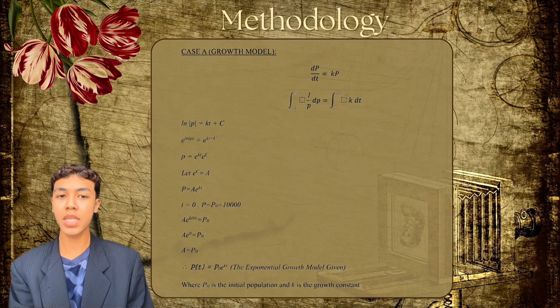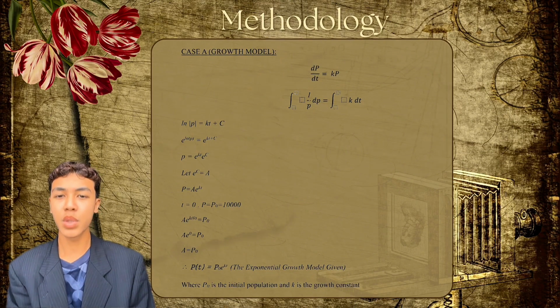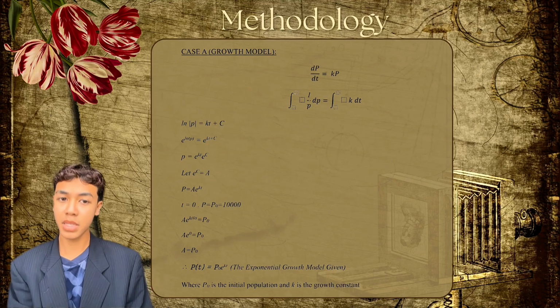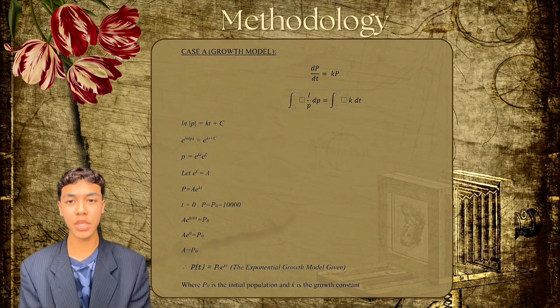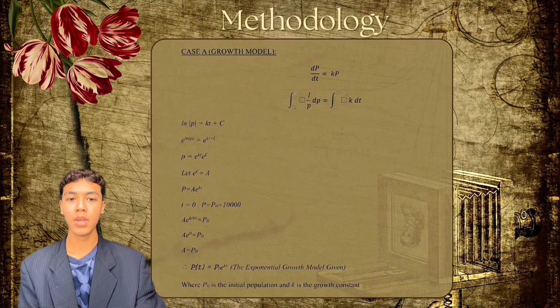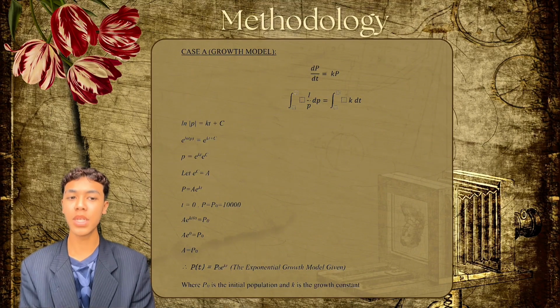So when t is equal to 0, P is equal to P initial, where it is equal to 10,000 based on the table data given. As for our last conclusion, we can conclude that P(t) is equal to P0 times e to the power of kt, which is the exponential growth model given for us to find, where P0 is initial population and